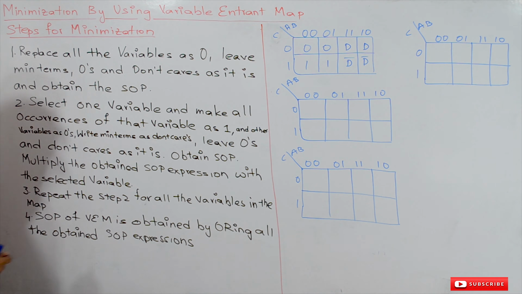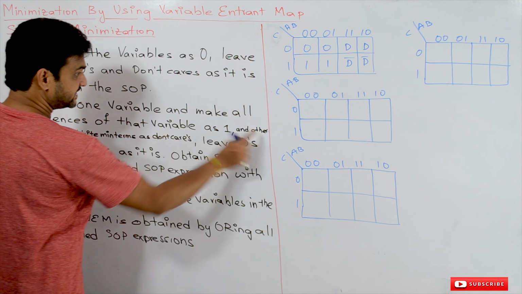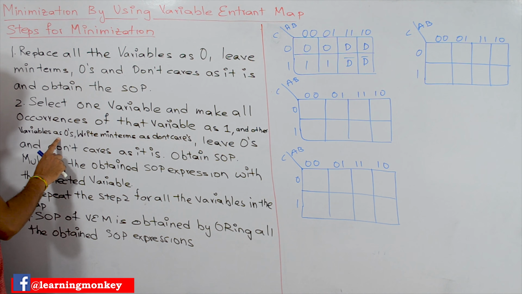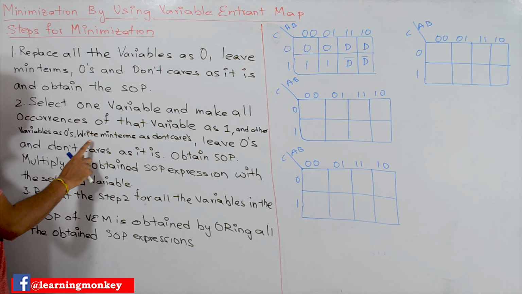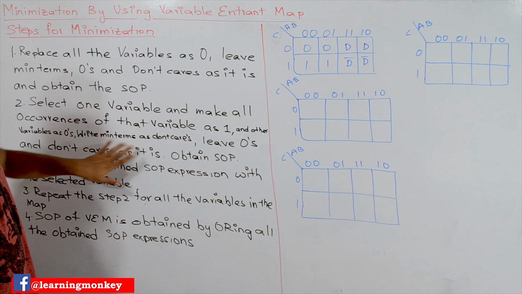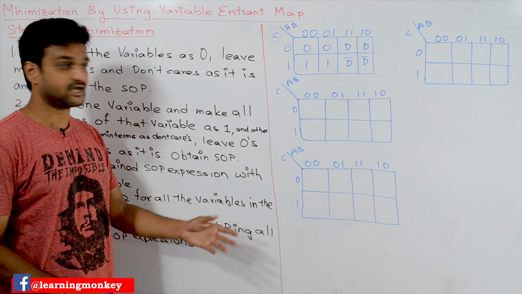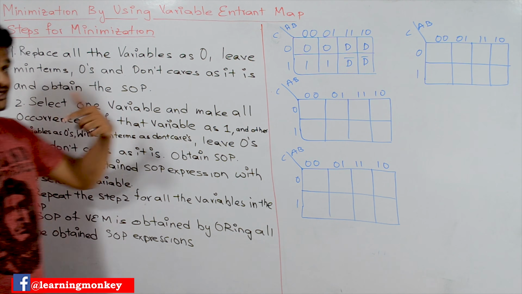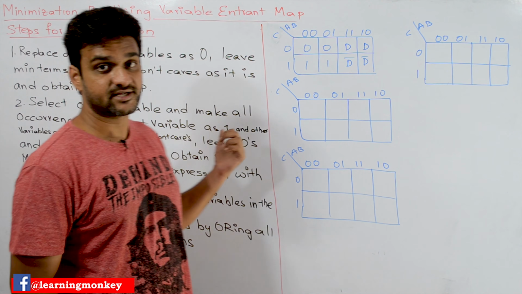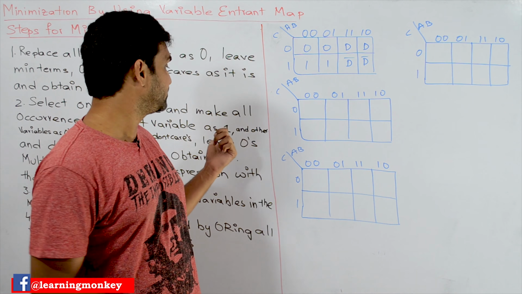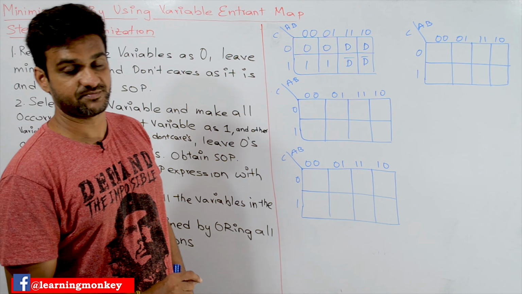In our previous video we just missed one of the sentences, where other variables are to be converted as zeros, and the min terms are to be written as don't cares. This is the small statement that we explained orally, but we haven't corrected it. So in this video, please try to correct that. If you have taken a copy of it, just correct that statement.